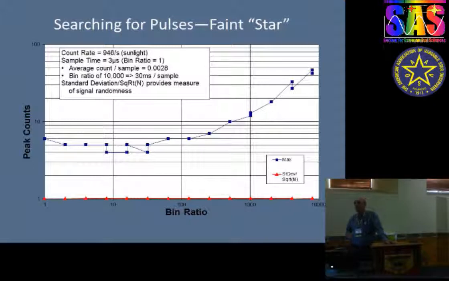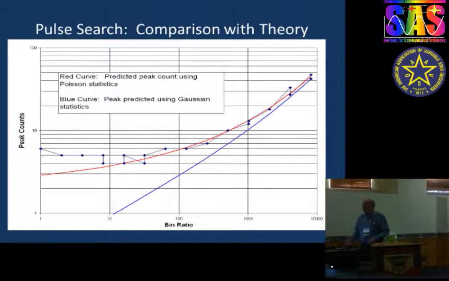What does that mean? You expect to get bigger peaks as you put more and more data together. You get a bigger sample, a bigger signal per sample, and so eventually it rises up. Well, you can calculate, assuming that this is strictly statistical data, you can fit it with a Poisson curve. And lo and behold, the red curve is a Poisson distribution, it does an excellent job of showing that this is strictly random data,